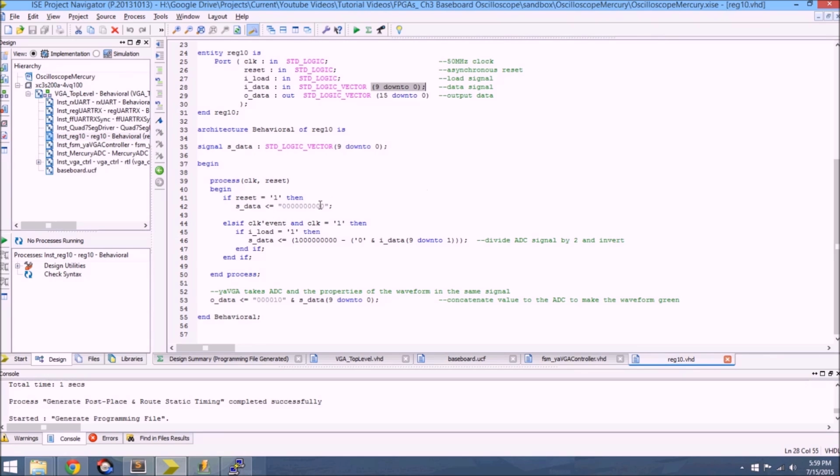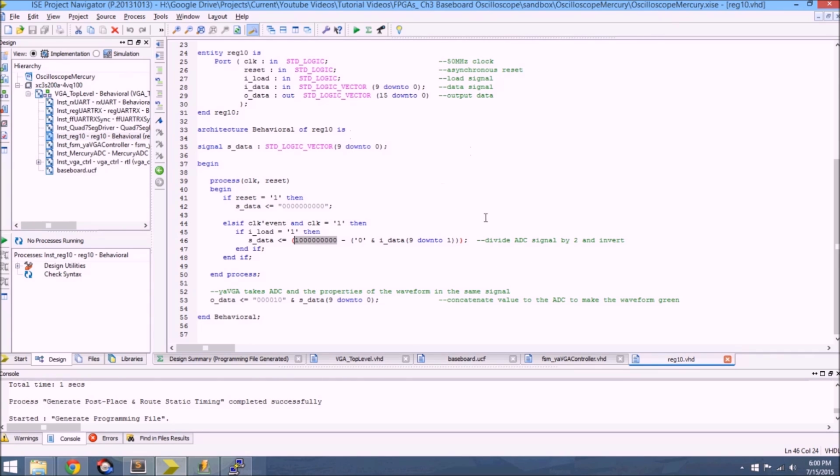So on reset, it just resets the data output back down to 0. If load goes high, then 512, and then I concatenate a 0 with 9 down to 1 of the input data that comes in from here. And the reason why I go 9 down to 1, I'm basically just dividing the analog to digital converter by 2 and concatenating the 0 so it's still the same length as 512 in binary. The reason why I do this is just through testing. I found that the result from here was way too sensitive, so I divided it by 2